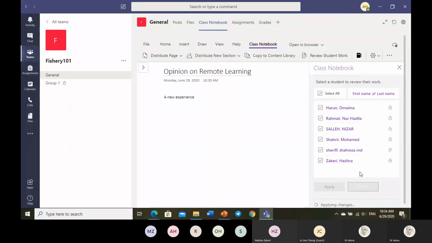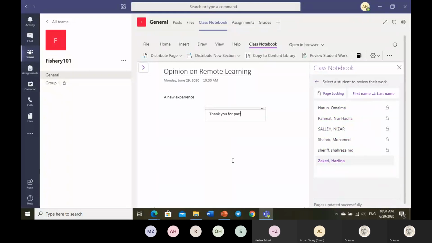Did I unlock? Okay, so I can actually put in my remark here by saying, okay, thank you for participating. Okay, then I can just leave my remarks there,